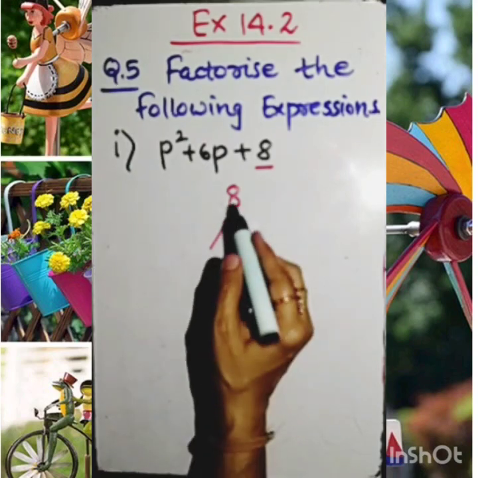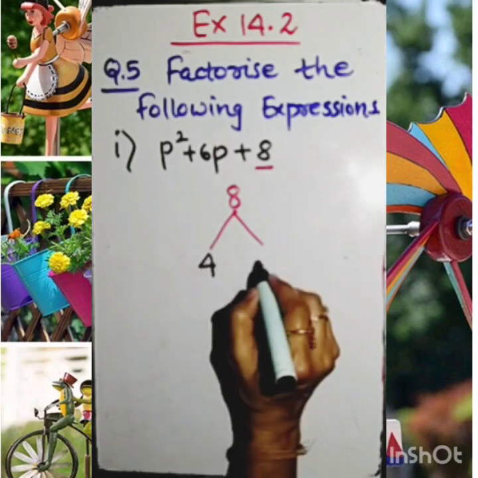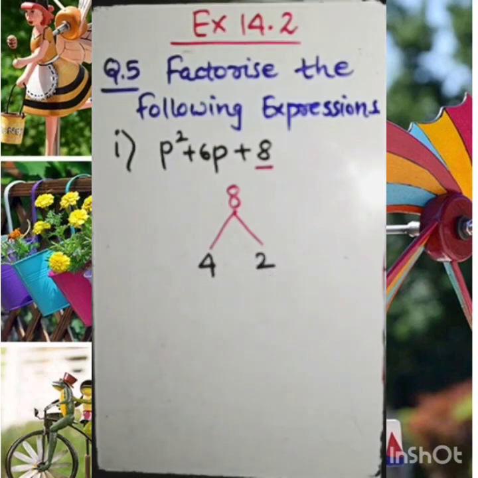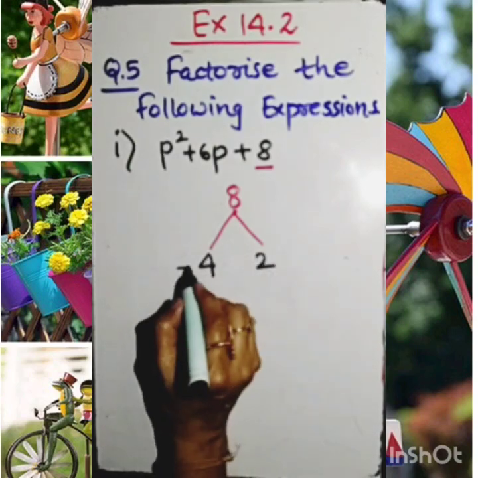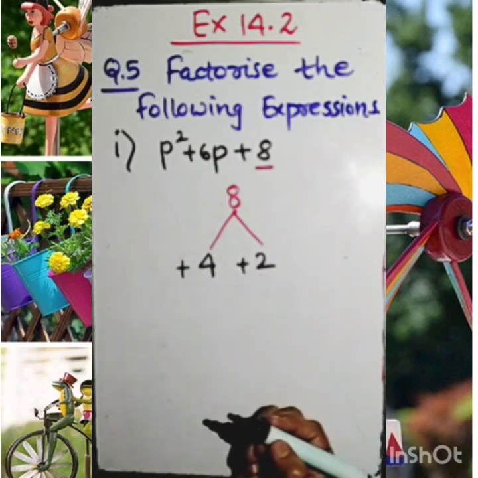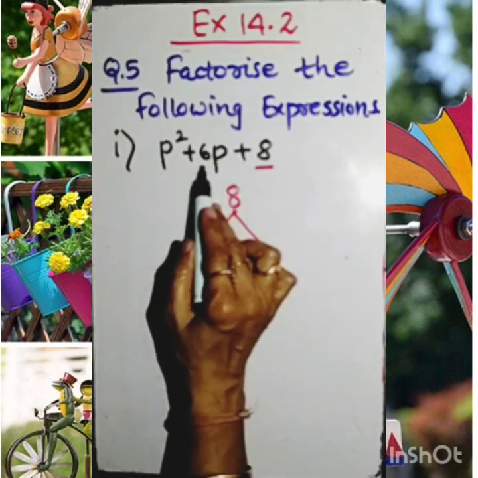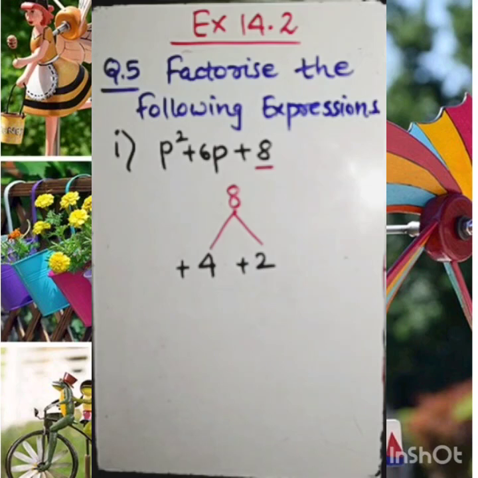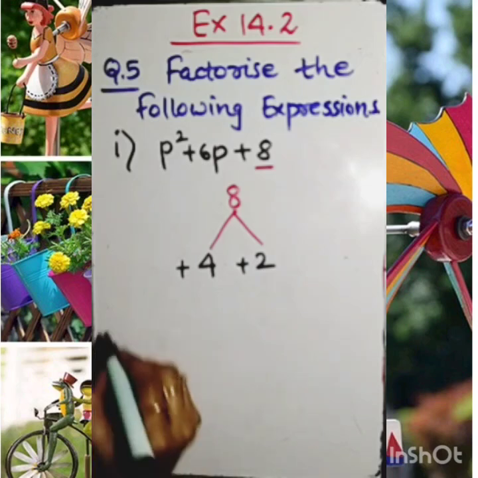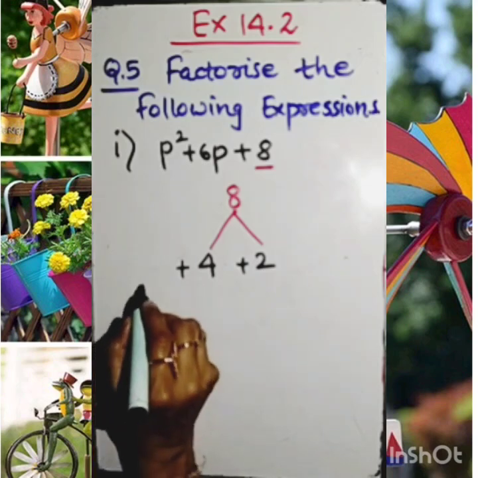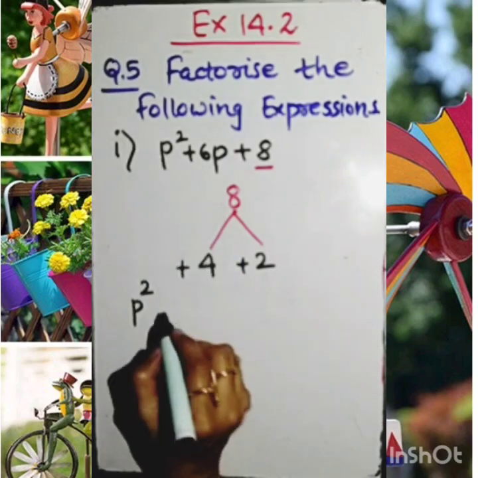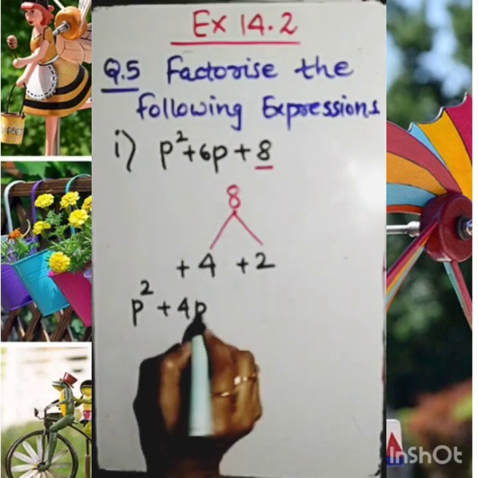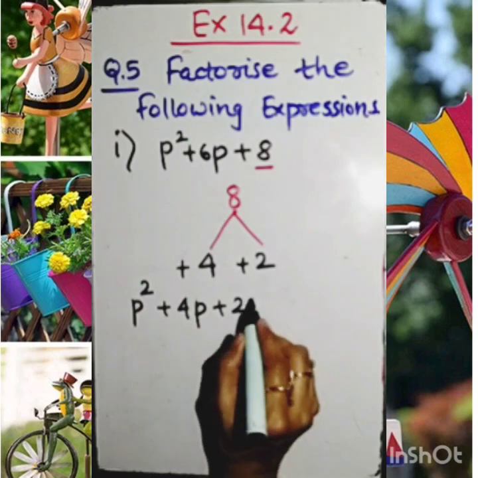So dear student, 8 is having factors 4 and 2. We know that the sum of plus 4 and plus 2 gives the result middle term, that is plus 6. So my dear student, here we need to write the next step is p square plus 4p plus 2p